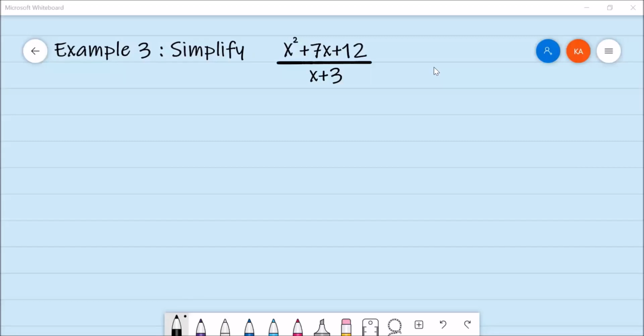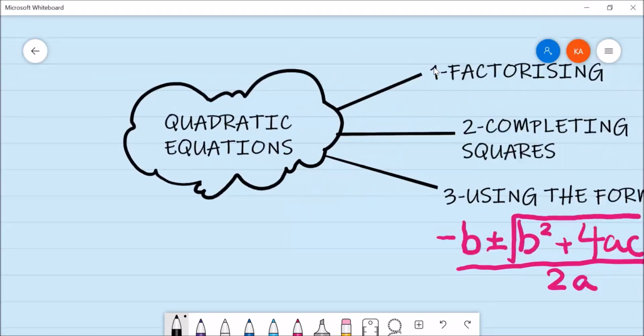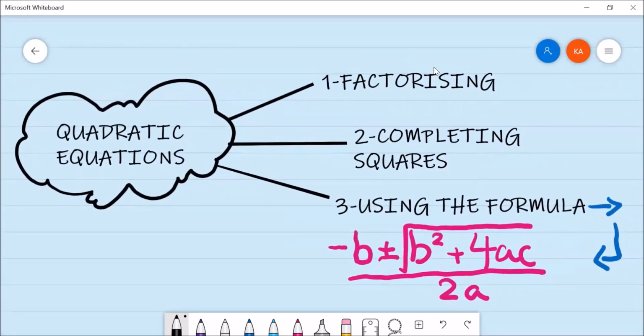Example 3. (x^2 + 7x + 12) over (x + 3). The skill we need to know to solve this question is how to solve quadratic equations. We know that we can solve quadratic equations by 3 methods. First, factorizing. Second, completing the square. Third, using the formula, which is x equals minus b plus or minus the square root of b squared minus 4ac, over